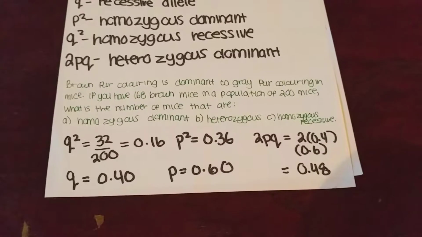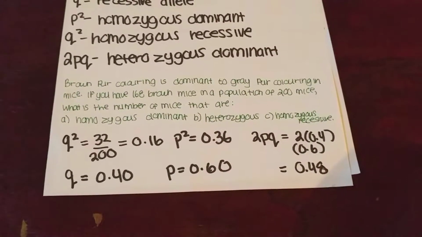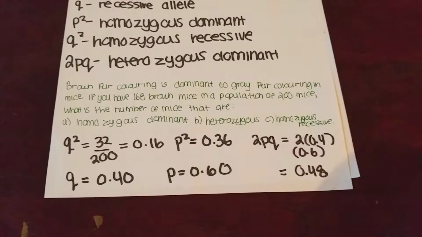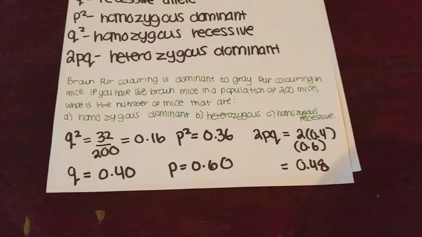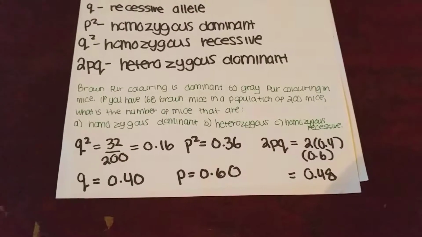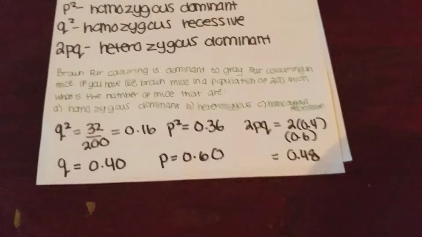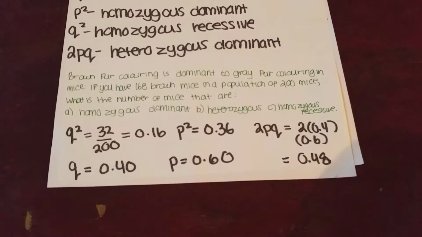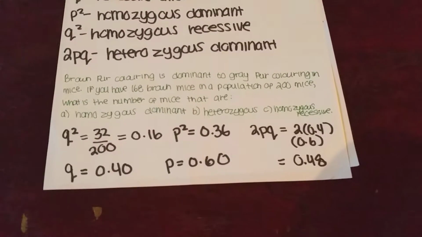So when you look at this question, most people want to say that P squared is 168 divided by 200. That is incorrect. You would first look at the recessive, because recessive is your best friend. That's what builds up everything. You wouldn't start with dominant because you don't have anything to look off of. So then you would minus 168 from 200 to get 32, and you would divide that by 200, getting you the frequency of